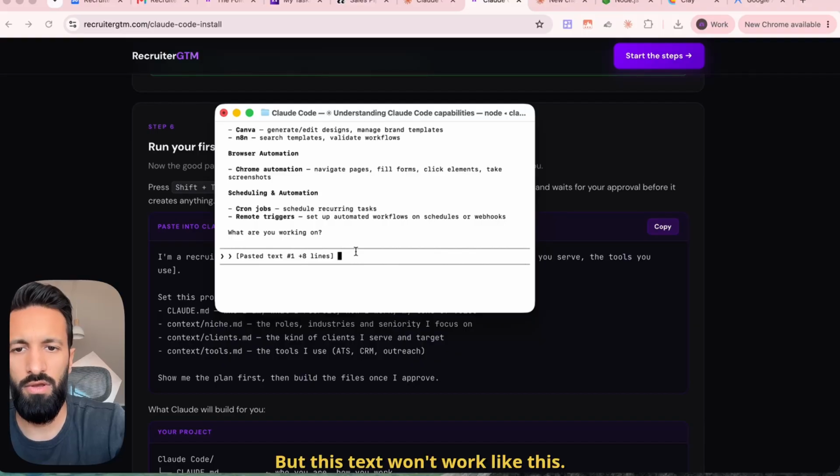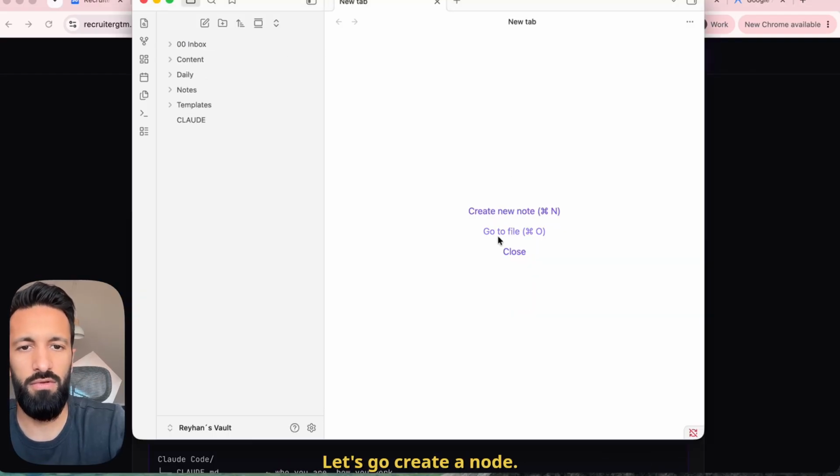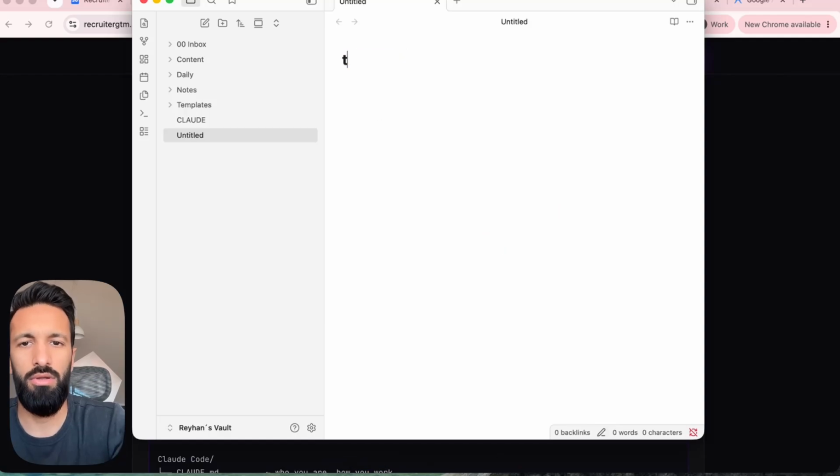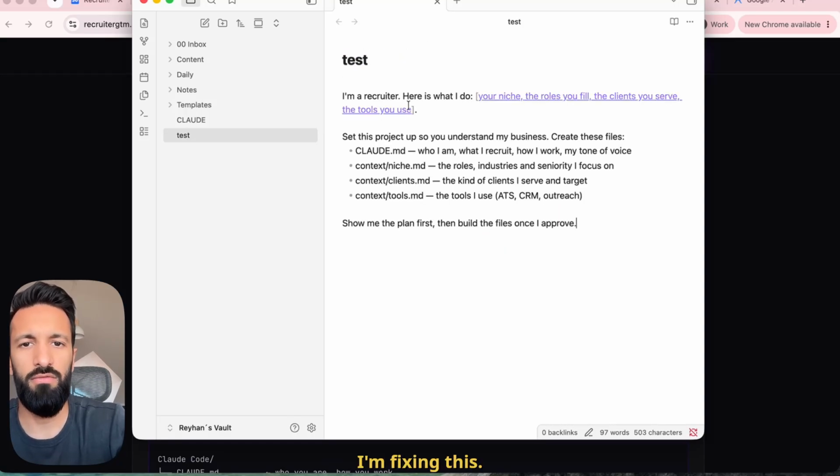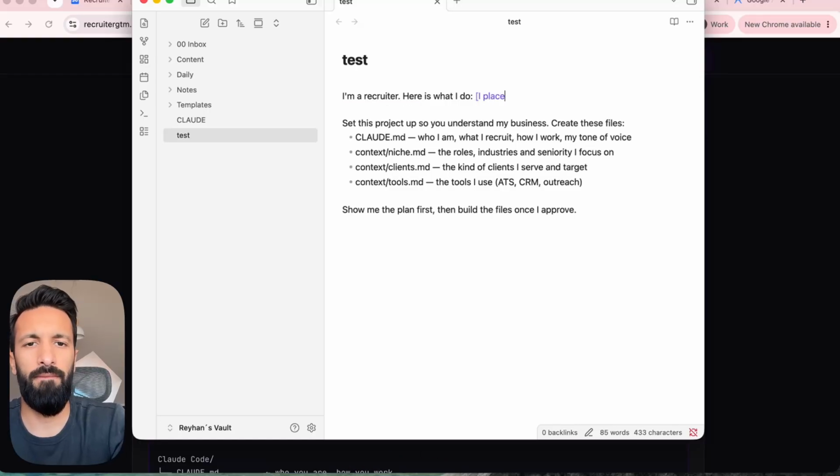This text won't work like this. Need to fix this. How do I fix this? Go create a node. What am I doing? I'm fixing this. Here is what I do. I place GTM